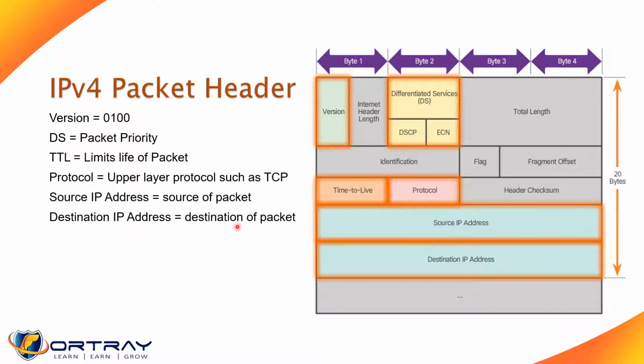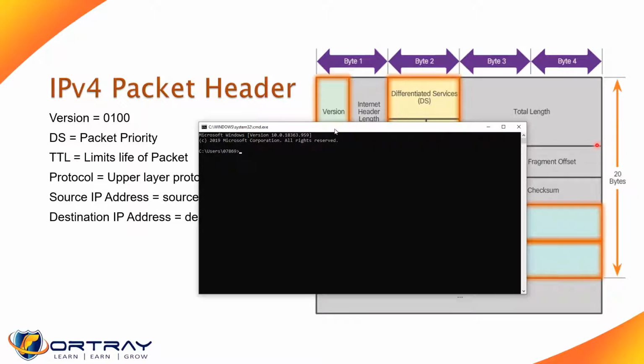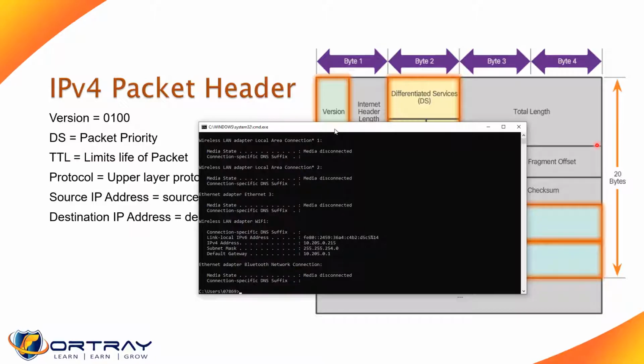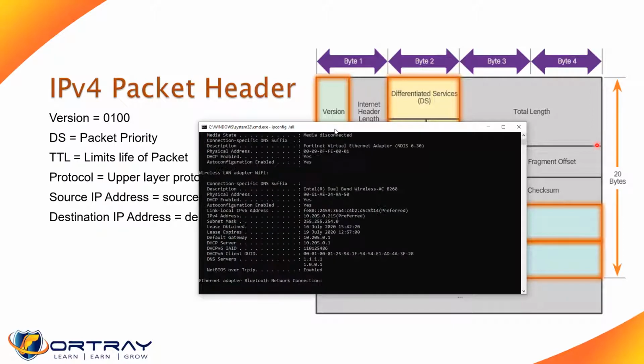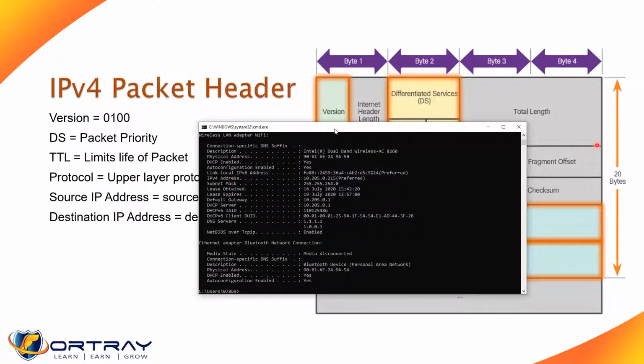In order to see the TTL, I can go to the command line again, and please note another command I'm going to introduce. So far I have introduced ipconfig, which shows you the IP address, subnet mask and default gateway. Then ipconfig /all shows you detailed information: MAC address, subnet mask, DNS, DHCP information. Ping as well.